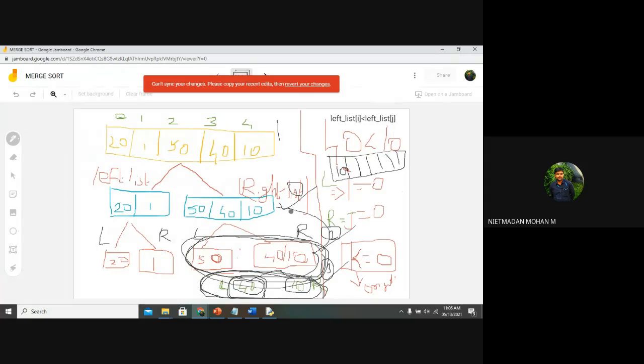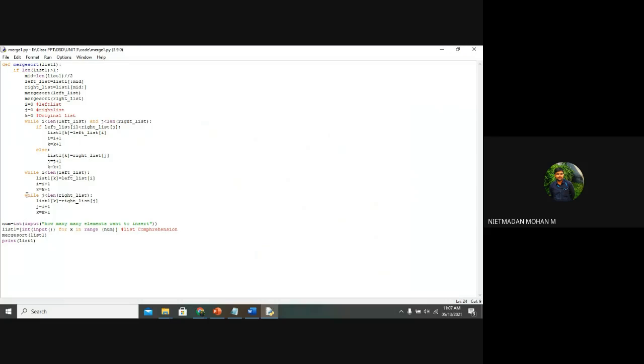You just see here the final stage. In the blue color, what I have written, I will become 0. So the length of the left list will be checked and it will check the condition. After the increment, I will become 1, and after the next increment, I will become 2. If you get 2, the condition will be false. So if you compare 2 elements, 1 element will definitely be pending over there. For that 1 element, you go with this while statement.